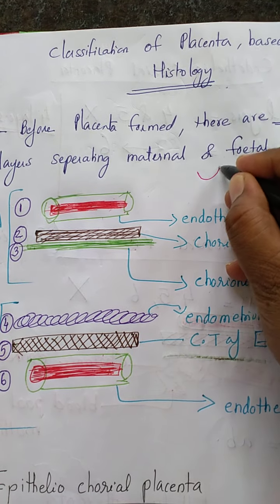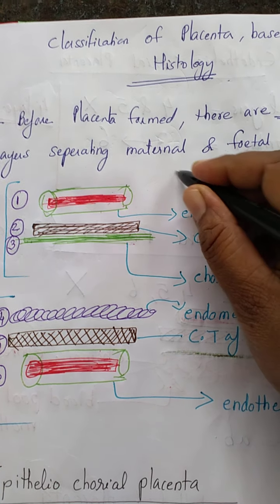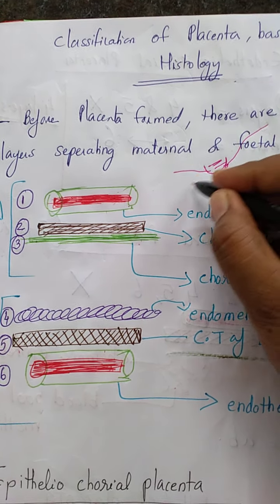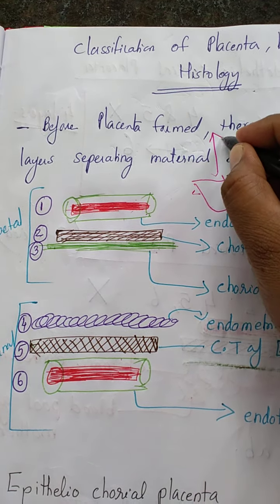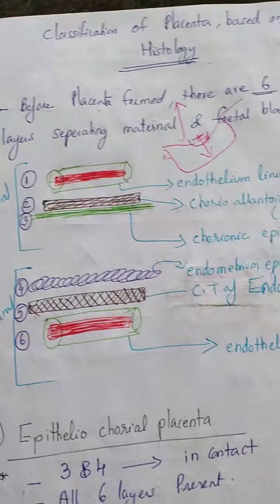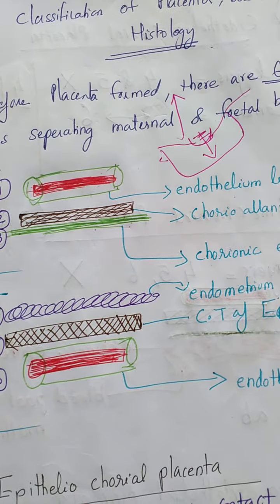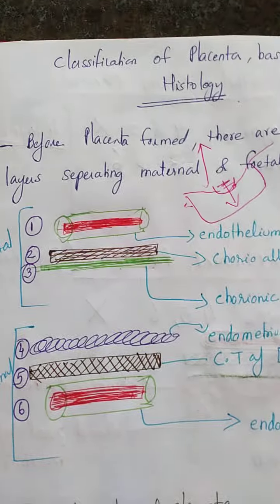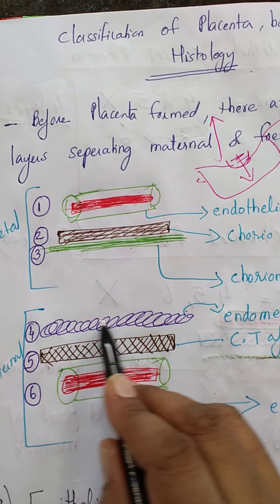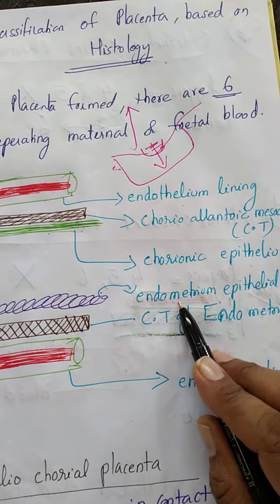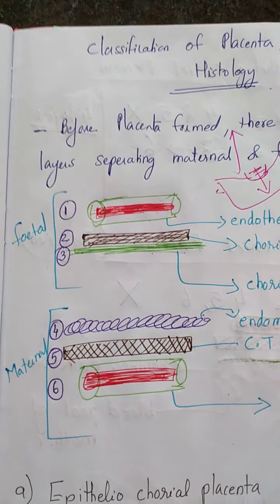Let's see, this is the embryo. Inside is the blood, then a layer, then another layer, and then we have the uterus. In this particular manner, the layers are arranged, not up in the air. Now, immediately after the chorionic epithelium comes the mother's tissue, that is the uterus. The first layer of mother's tissue is the endometrial epithelial cell, the normal endometrium which we say.